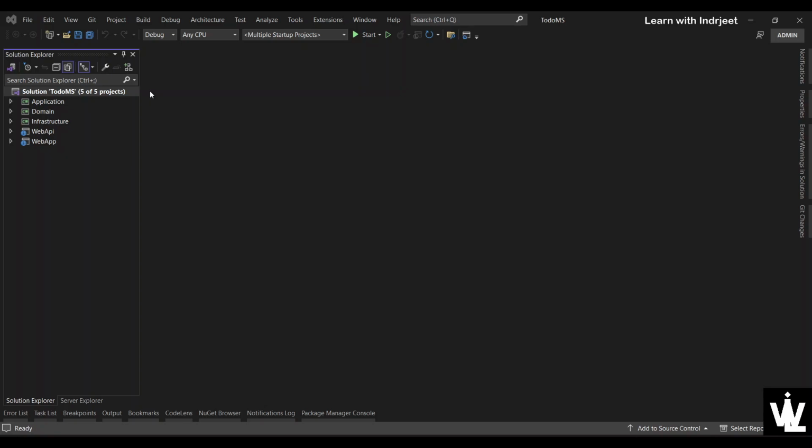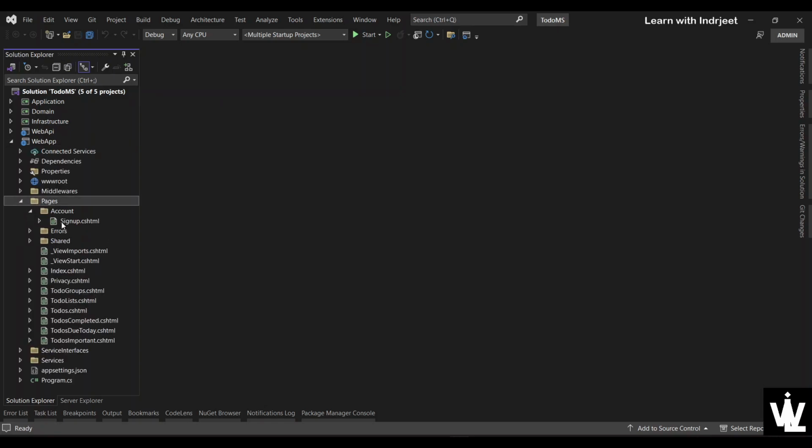So let's go ahead and implement the sign-in functionality in the front-end application. And we want to leverage the sign-up page that we created in the previous video. We took a lot of time to create that, and we'll take functionality from this page to implement the sign-in. Right, so let's copy this, paste it here, change the name to sign in,